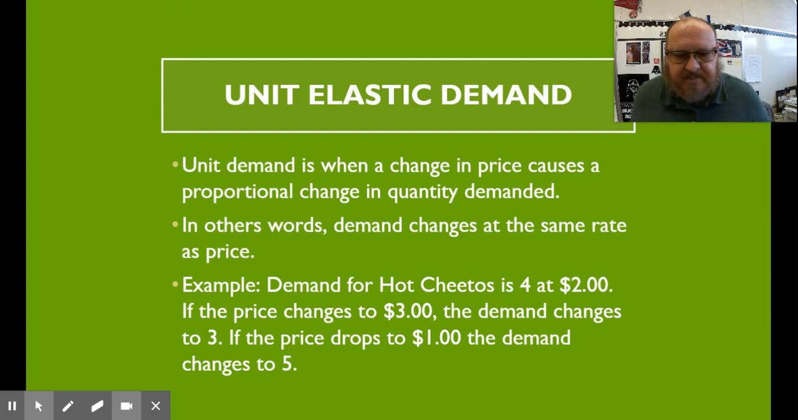That's unit, okay? So the example we have here, hot Cheetos, right? We've talked about hot Cheetos, very popular product, okay? The demand for hot Cheetos is 4 at $2, okay? Now, if the price changes to $3, the demand changes to 3. That's unit elasticity, okay? If the price drops to $1, then the demand changes to 5. See, 4 to 5, that's 1 unit. 4 to 3,